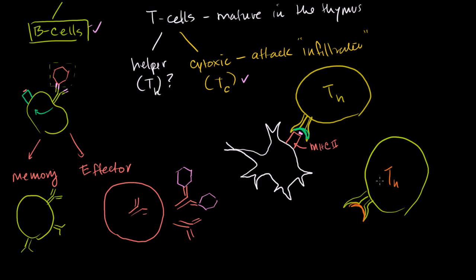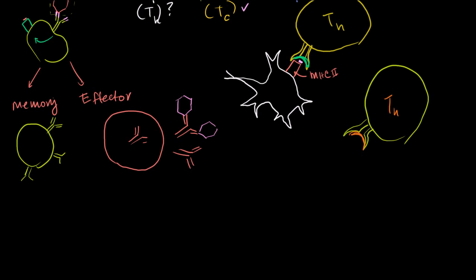Now we said, what does a helper T cell do at that point? Well, once he says, hey, gee, I happen to be the one helper T cell that can bond to this antigen that's presented, it becomes activated. And I won't go into the details, but in general, dendritic cells are the best ones at activating it, especially a naive T cell. Let me use that word, it's important, naive. A naive helper T cell.